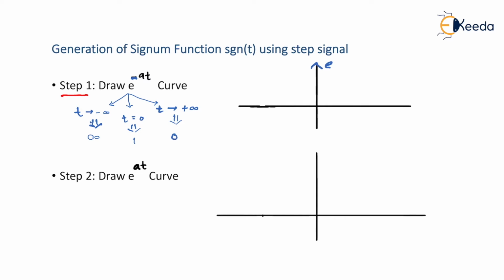So here I am planning to plot e to the power minus at with respect to time. This is 0, like that. I cannot practically show minus infinity or plus infinity, but at t equal to 0 it has become 1, and when t tends to positive infinity it reduces to 0. So I may get such points, and if I join them together, then I'll get this kind of curve. Is that right? I'll name this as figure number 1.